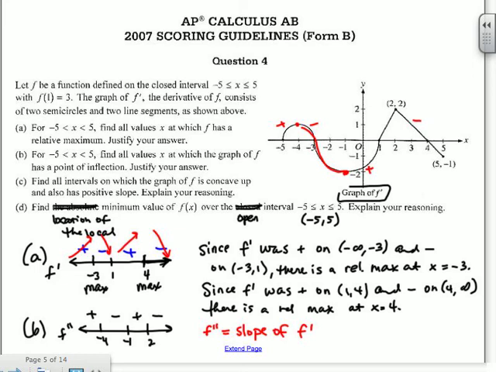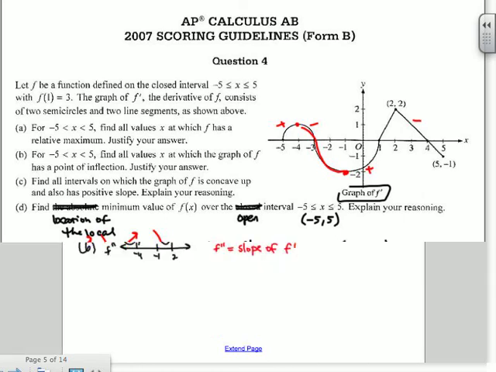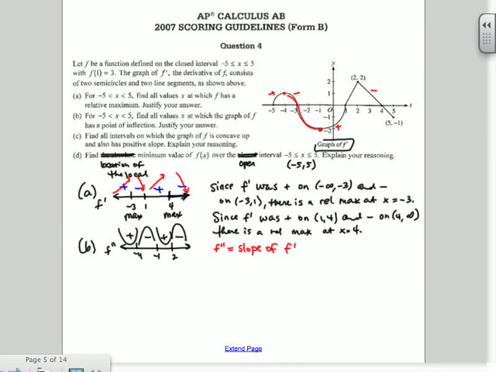Okay, so it's concave up, concave down, concave up, concave down. So there's points of inflection at -4, -1, and 2. So I think on this one, instead of writing out each individual thing, it would be okay to say something like, since f double prime changes sign,